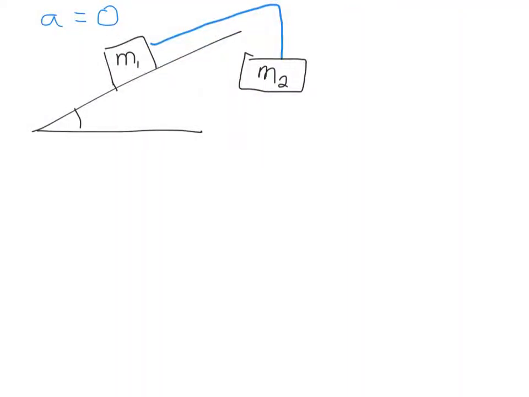Alright, so here I've got a setup now where I've got mass 1 and mass 2 on an incline. I've specified that the acceleration is 0, so these two are either moving at a constant speed or they're not moving at all. Typically we think of it as not moving at all. And what I'm going to do is specify the angle, and specify what this mass is,